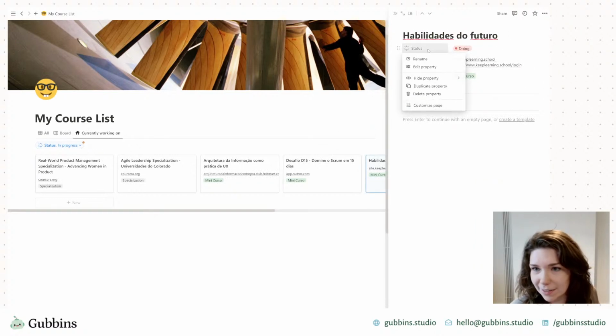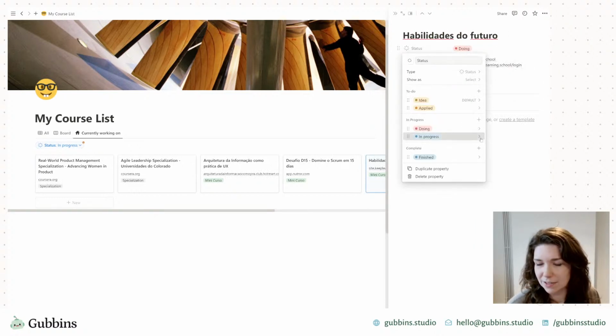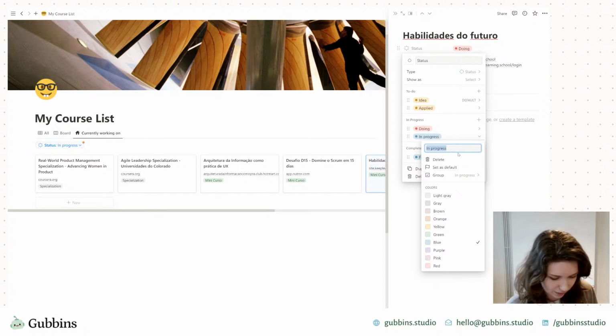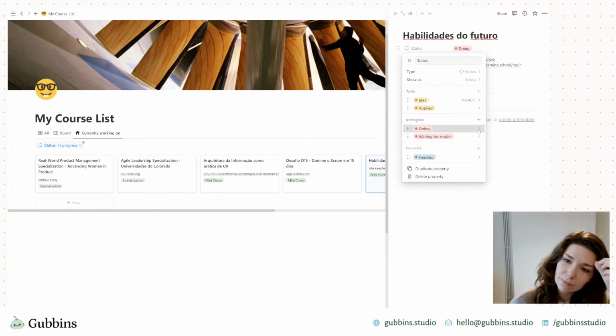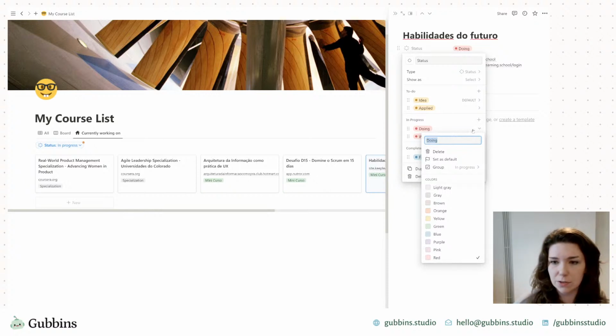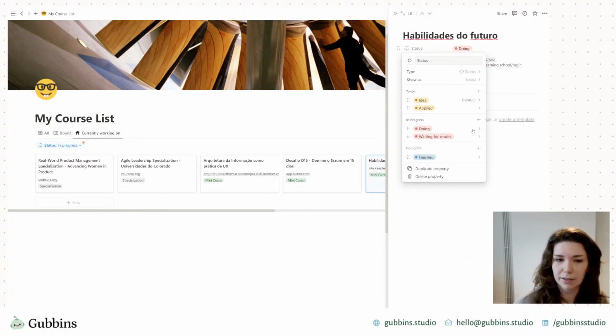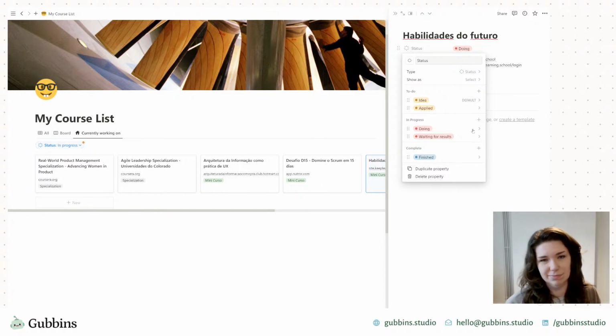So just for my sanity, let's change this one to waiting for results, and then also make this red. And then I'll leave that as doing, because Thais already set them all to doing, so I don't want to go in and make assumptions about what that means for her. So I'll just leave that as doing, and then in her own time she can come back, and if she wants to be more specific than doing, she can toggle them to any of these other categories.